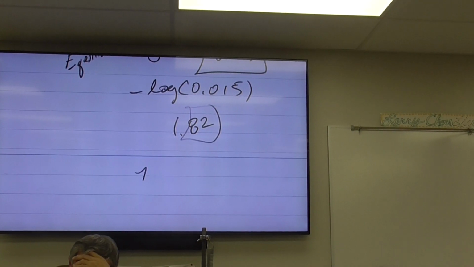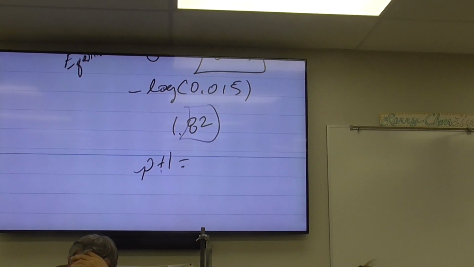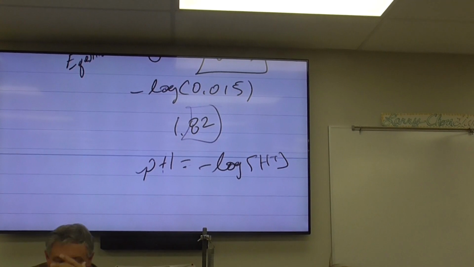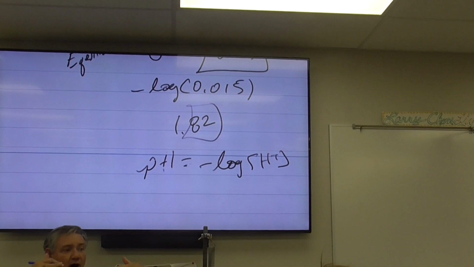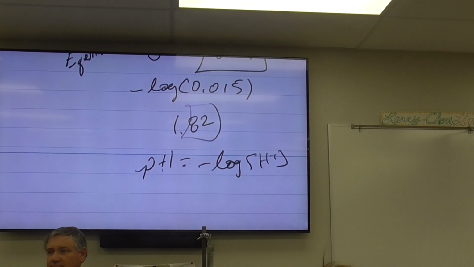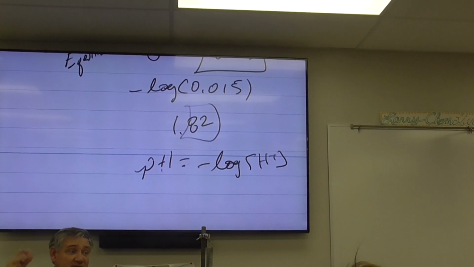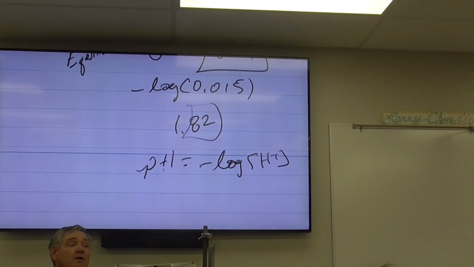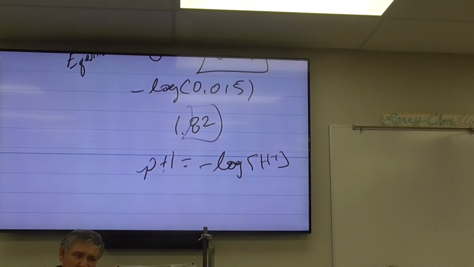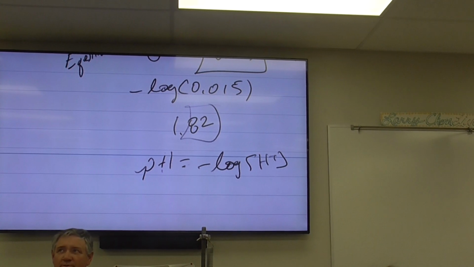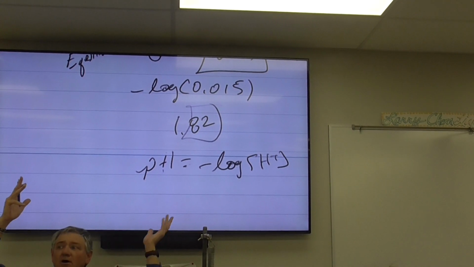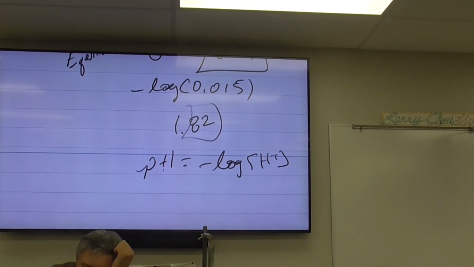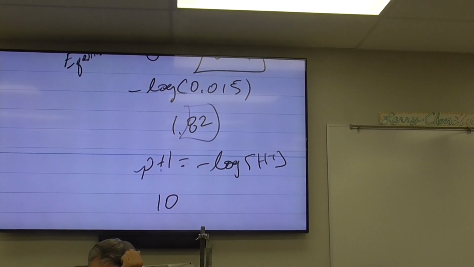So, if pH equals the negative log of your hydronium ion concentration, how do you undo a negative log? Someone say 10. Yeah, because we're assuming this is a log base 10 system, so I won't be doing anything weird like log base 2. So to undo this, you're going to take 10 and raise that